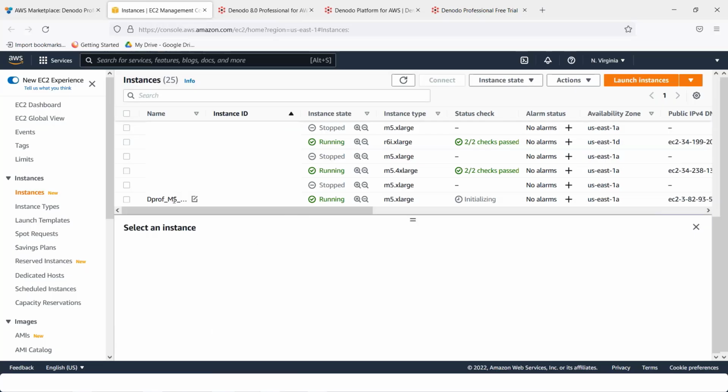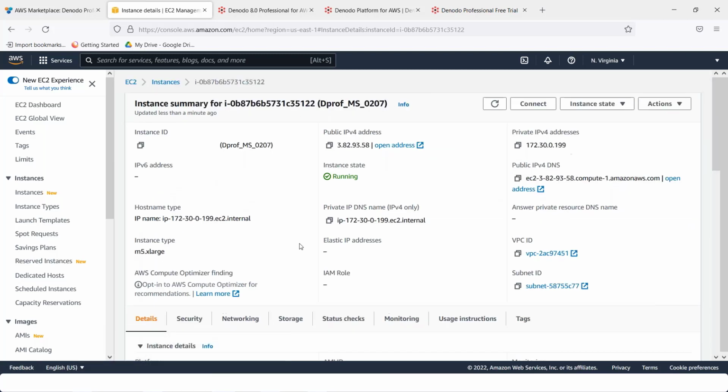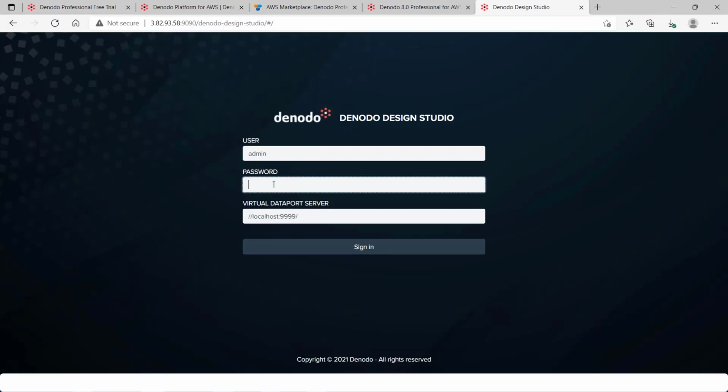Now, one of the things I mentioned earlier is that you would need your instance ID, which is your password. So I'm just going to capture that, and we will go back to the login here. Okay, and try to sign in.